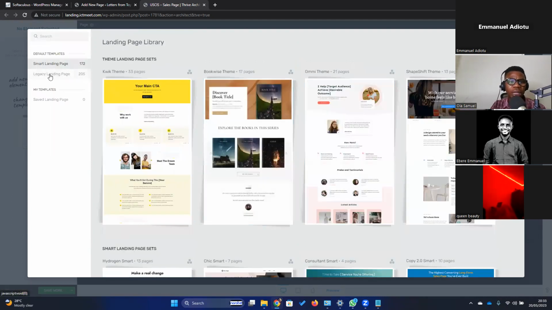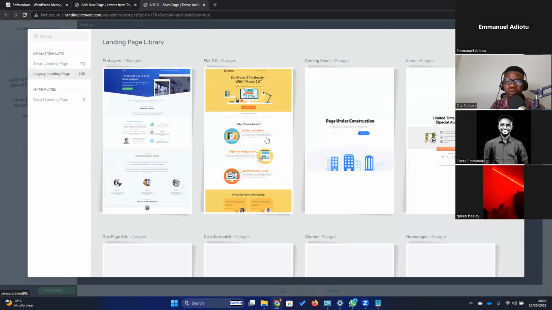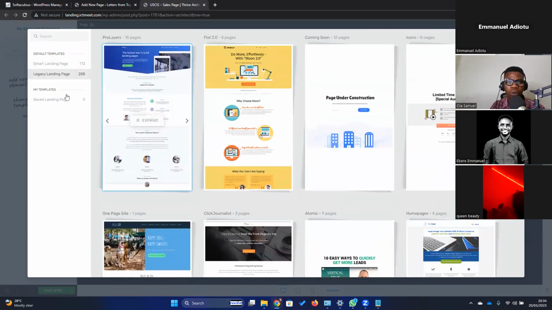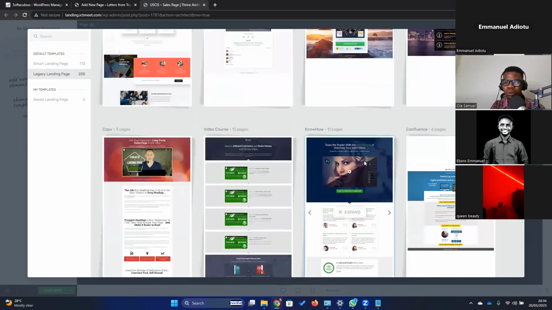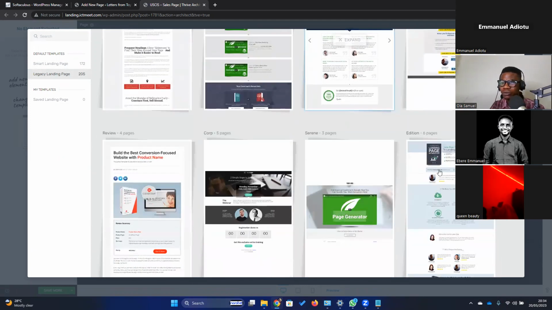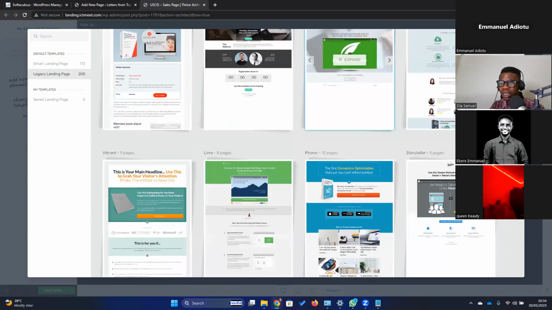So there are still more templates under this legacy landing page. There's still much more templates down here. Okay. Keep scrolling. There's so many templates you can work with. So that's one of the reasons why I love Thrive Architect. Wow, this is